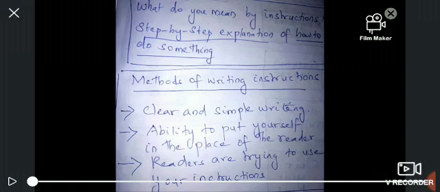And what method are we going to use to write instructions? It should be very simple, and it should be clear, and it should be crisp. And you have to see from the place of a reader, and you should not focus on yourself. You should not write I do this, I do that. No, you have to look at the generalized point of view of the readers. Here no specifications, no particularizations. Now let us see in the next slide.